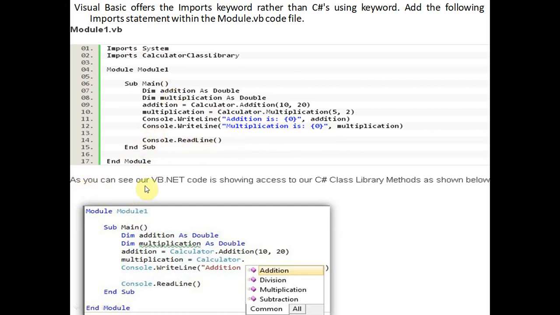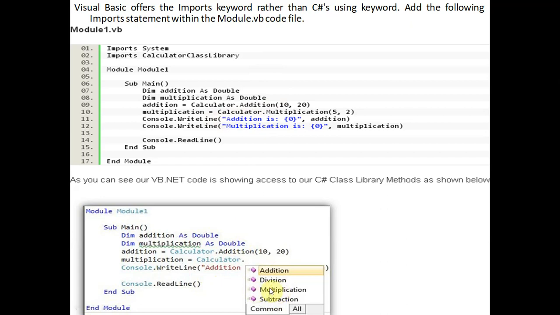As you can see, the VB.NET code shows the access of our C# class library method as shown below. While you are writing this program, suppose you have written Calculator.Addition, or Calculator.Multiplication. It will show the names of the different functions, so you can select.